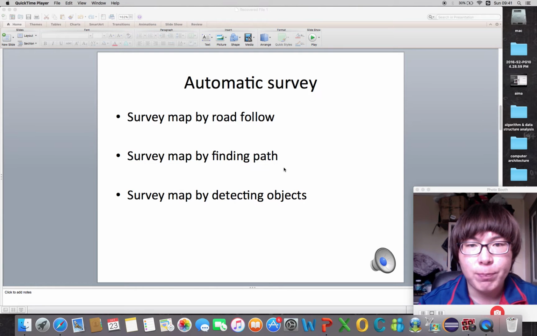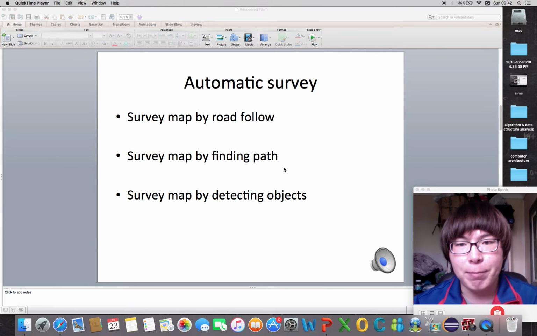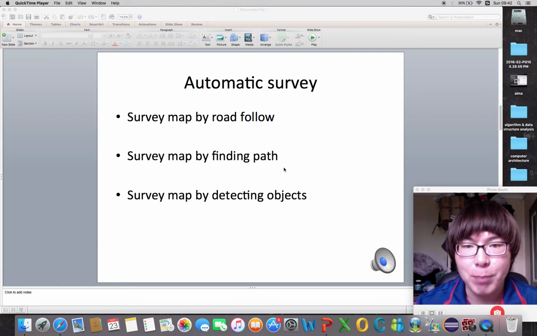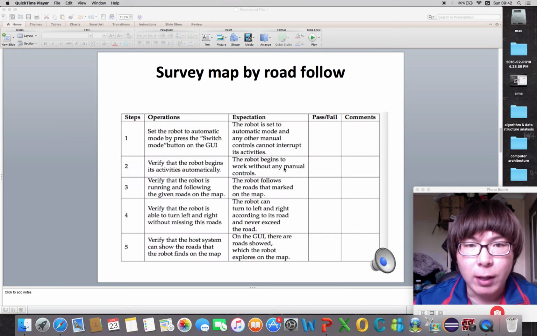At first, I will give an explanation about the automatic survey. The automatic survey can be divided into three parts. The first part is survey map by road follow, the second part is survey map by finding path, and the last one is survey map by detecting objectives. Now I will regard the survey map by road follow as an example to show the graph to you